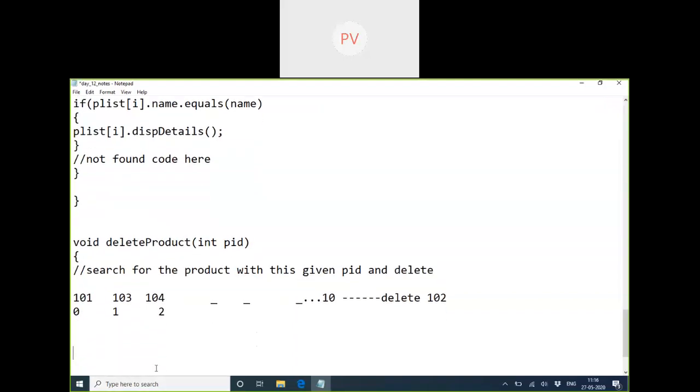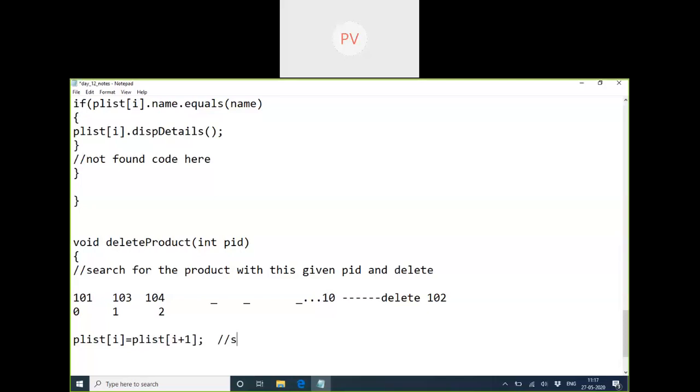That means wherever the data is deleted, we have to shuffle the I plus 1 index, its next index, into the Ith index. That means p list of I, the deleted index, should be replaced with the product in the next index.